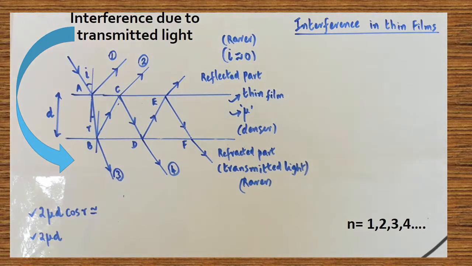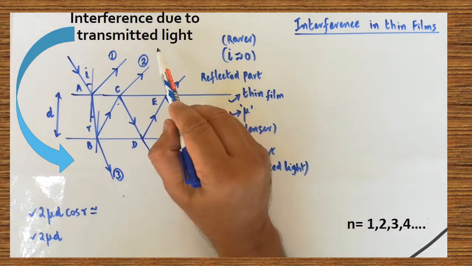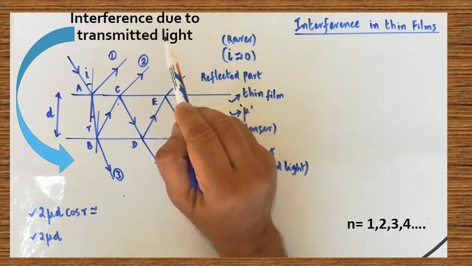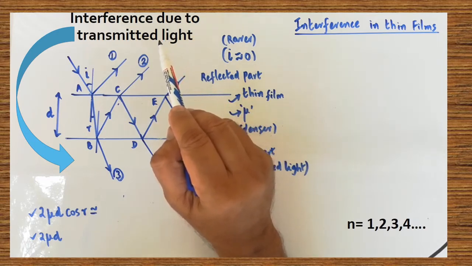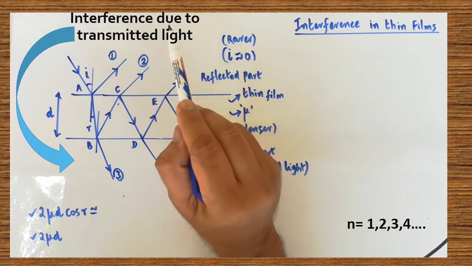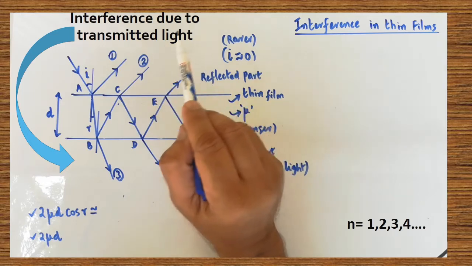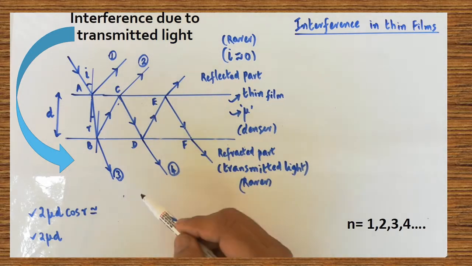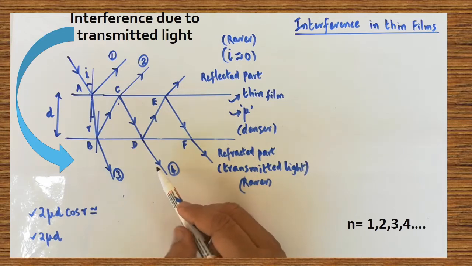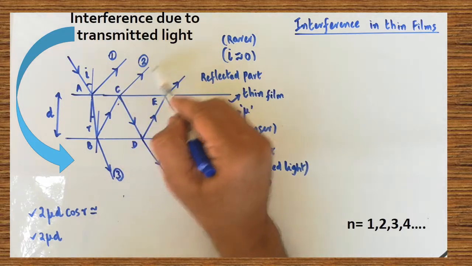But in natural, day-to-day conditions, we are able to observe the interference pattern, the colored patterns, only if we are standing just outside the bubble. Only from the surface of the bubble are we able to observe the interference pattern. So the interference patterns created on the surface of the bubble alone can be observed in day-to-day phenomena. But being inside the soap bubble, it is not possible. You are not able to observe any interference pattern from within the bubble. So these are the transmitted light, and these are the reflected part.